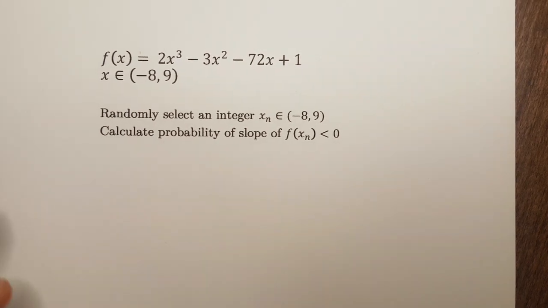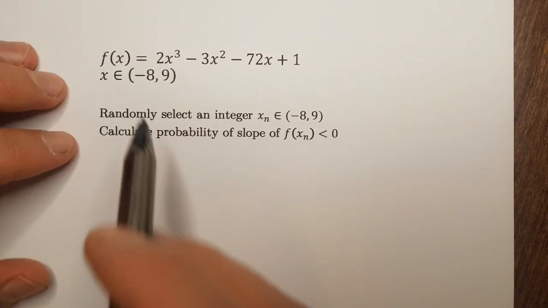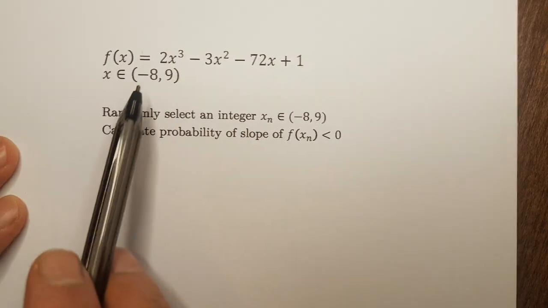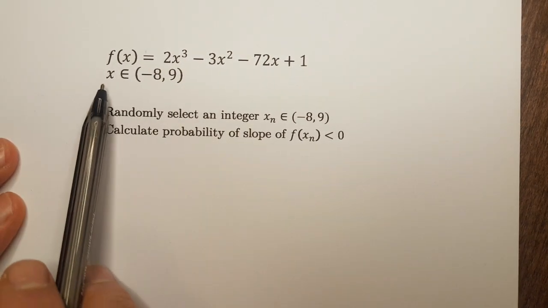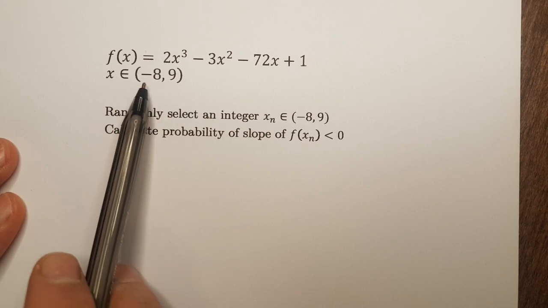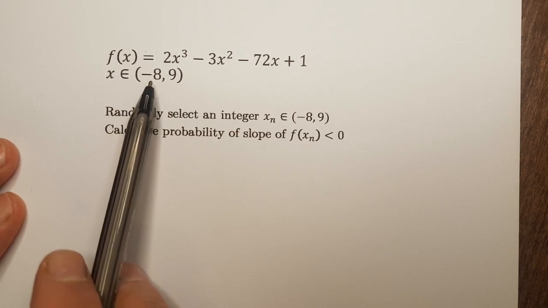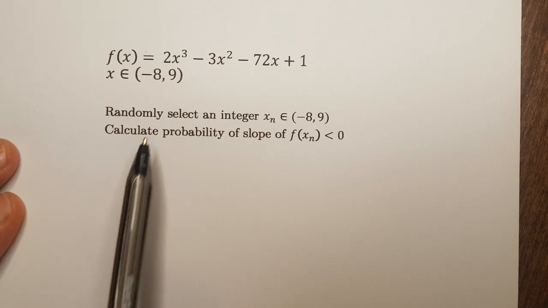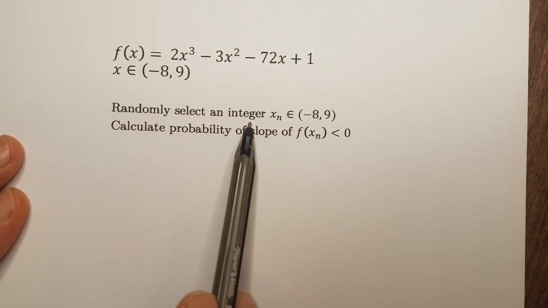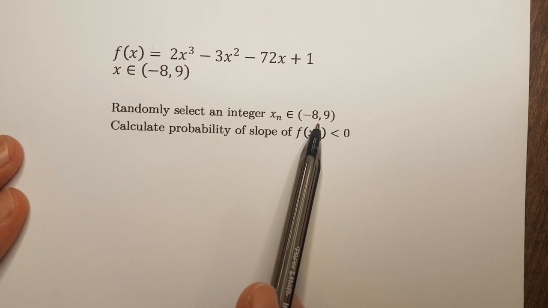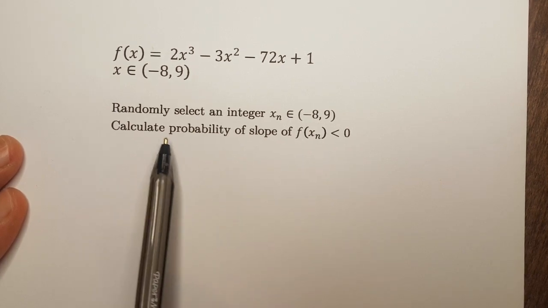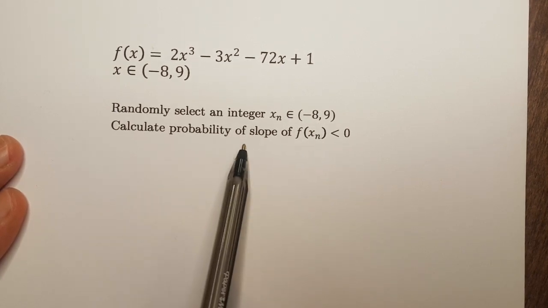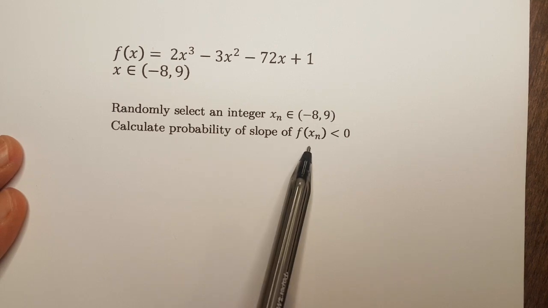Hello everyone. f(x) is given as a third order polynomial, and x is defined within the interval of -8 to 9. If we randomly select an integer within this interval, what would be the probability of the slope of f(x)